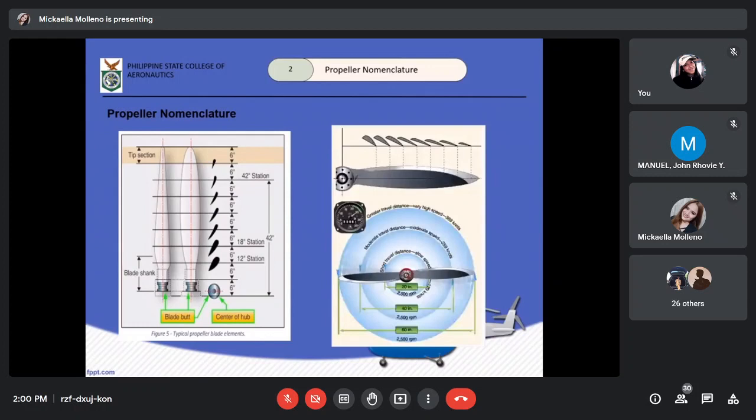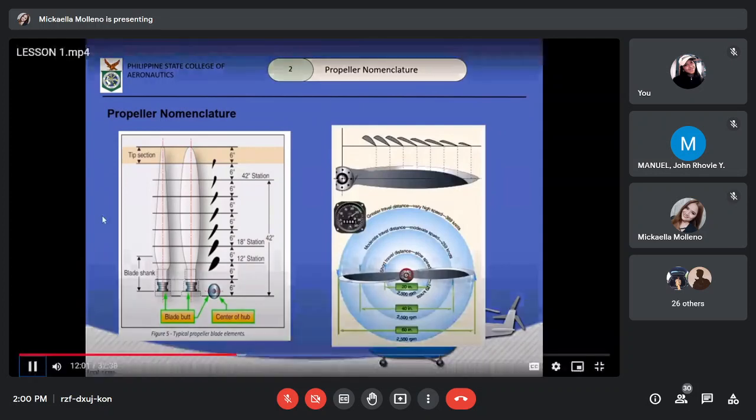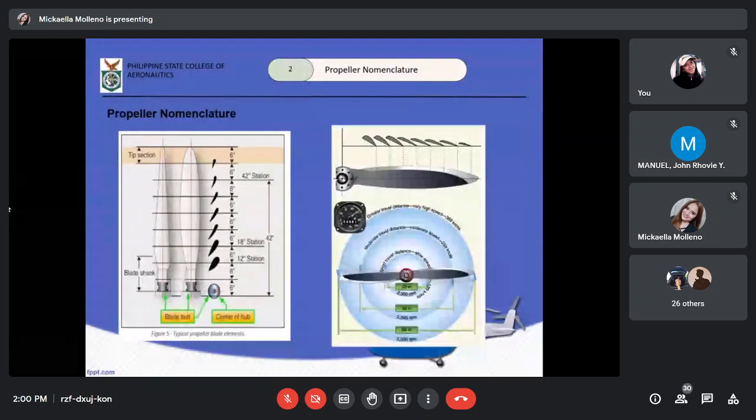So, given this situation, the tip, yung tip natin, it requires thin profiles lang, na airfoil profiles pa din, to minimize our drag. So, what would happen kung constant yung blade angle natin throughout propeller kung hindi tayo magto-twist? Since meron ngang variation sa speed due to the distance, thrust and pressure would vary greatly from the root to the tip if the blade angle was constant throughout the propeller.